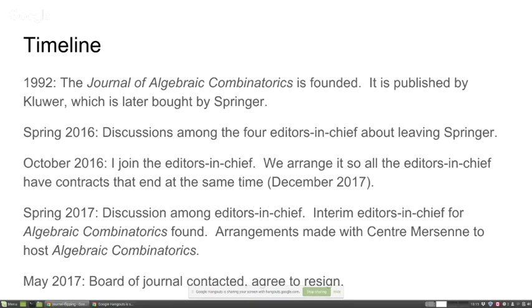So we fast forward. In the spring of 2016, there were discussions among the editors-in-chief about leaving Springer. In October, I joined the editors-in-chief in part of the normal renewal process. All of them had contracts that were going to end at the same time, and so in the normal course, they would have come up for renewal. In the spring, discussions found